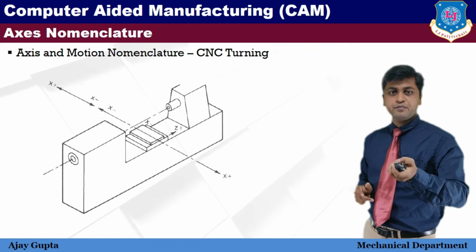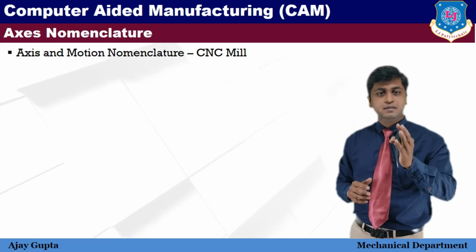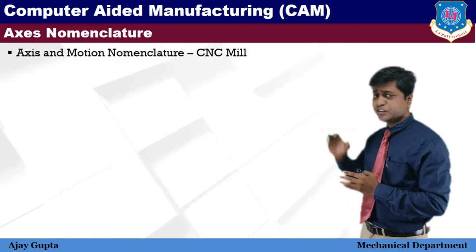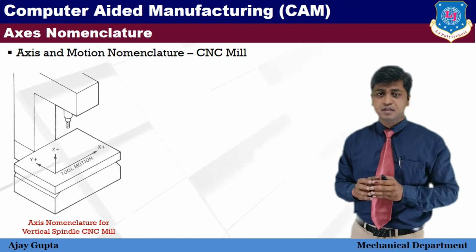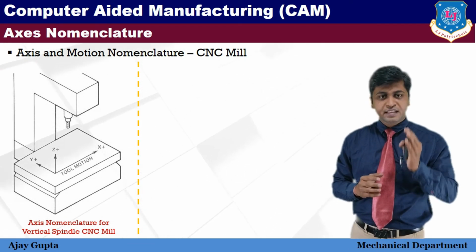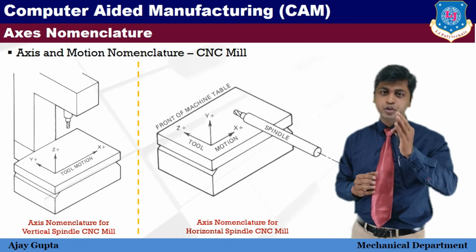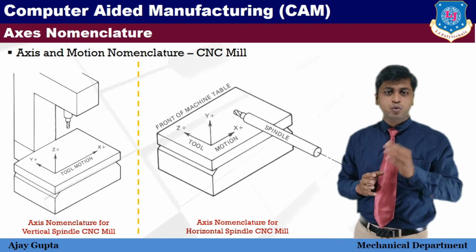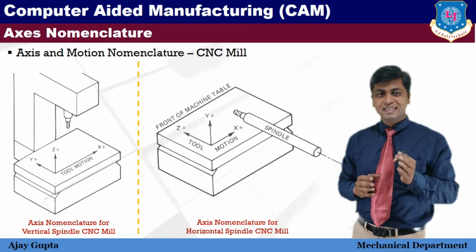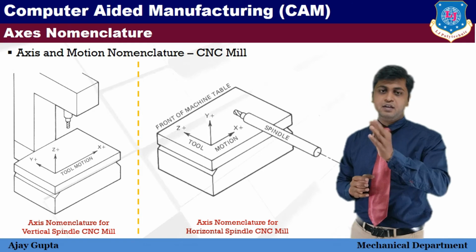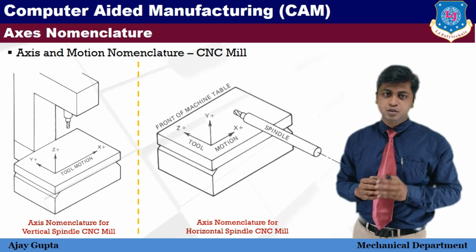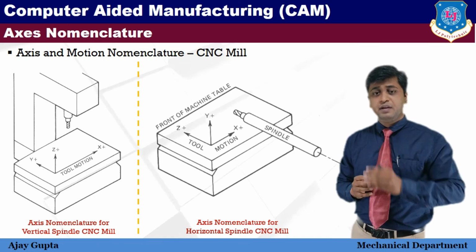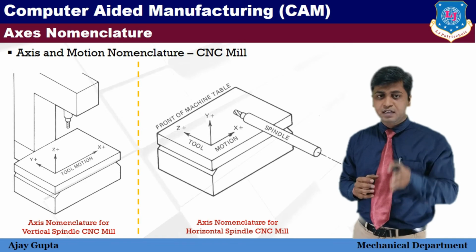Okay. Moving forward, next we will see the axis and motion nomenclature for the CNC mill. As shown in the diagram, there are usually three axes, x, y and z. In the milling machine, there are two different positions of the spindle, vertical or horizontal. As per the right hand thumb rule, the z axis will also change and the other axes will be perpendicular to the z axis. Here you can see in the diagram, in the vertical milling machine, the z axis is vertical,